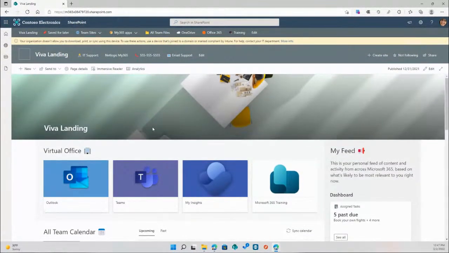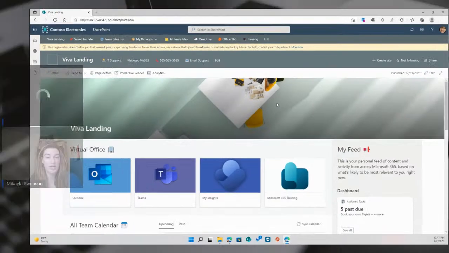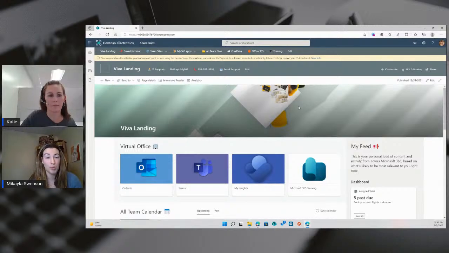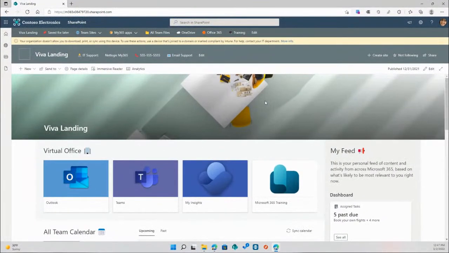To get a little bit further into the Viva landing integration, I did say that a Viva site itself is fundamentally built off of a communication site in SharePoint, as there are two different kinds of SharePoint sites. There is a team site and there's a communication site. The reason why we're utilizing the communication site for Viva again is because it is allowing us to bring in all of those feeds. It's tying in the Viva connections as well as including those newsfeed posts. So this is more of an announcements page and a splash screen,